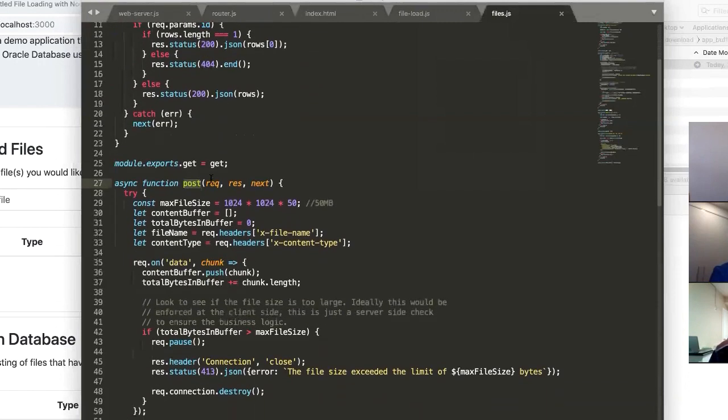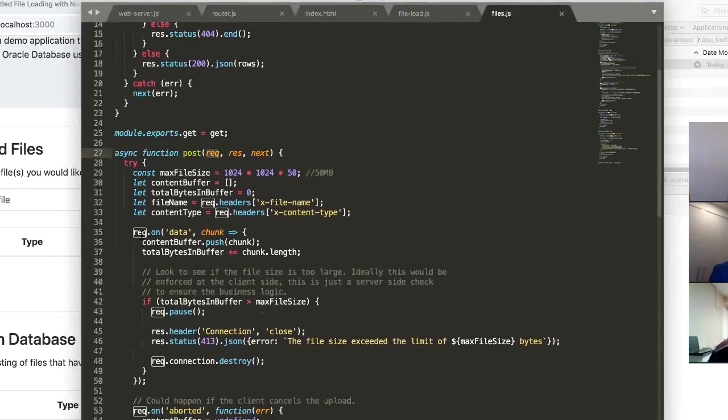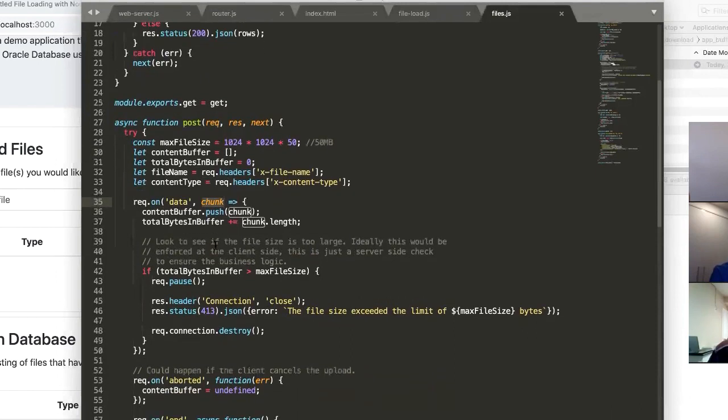So now what happens in Node.js when we're passed a request object by the web server? By default, this request object is an instance of a readable stream. And like a readable stream, you can use anywhere in Node, we have this event called data, and we can add an event listener. And the idea is now as the file is coming across, it's coming across in chunks. It's not being buffered by Node, but what I'm doing is taking each chunk and I'm pushing it into an array that I've named content buffer.